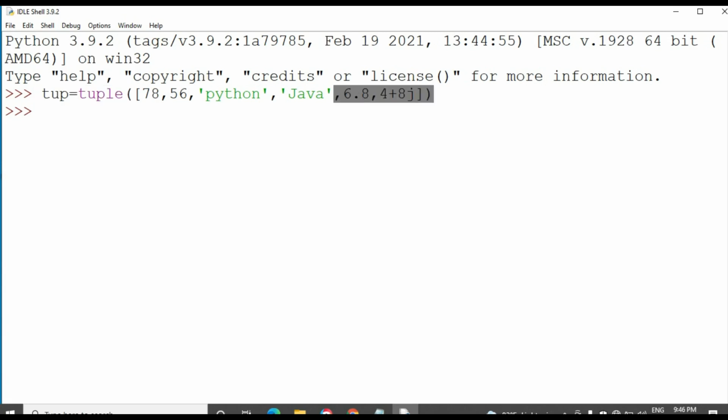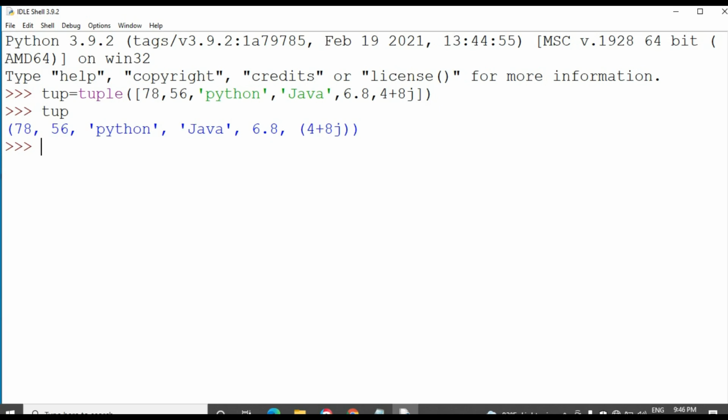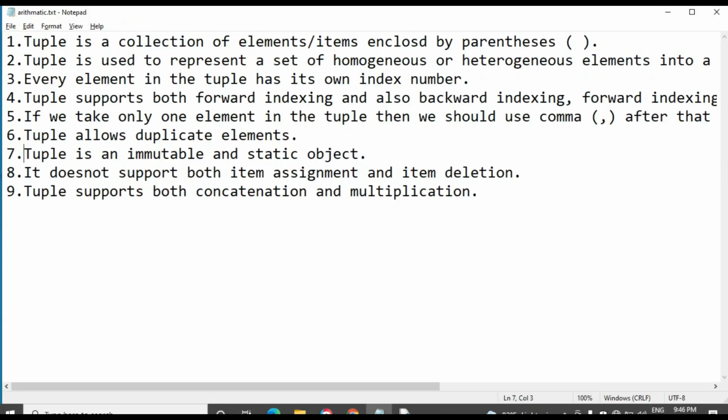I have created the tuple by using parentheses. Then I want to display the tuple elements. See, all the elements have come inside the parentheses.